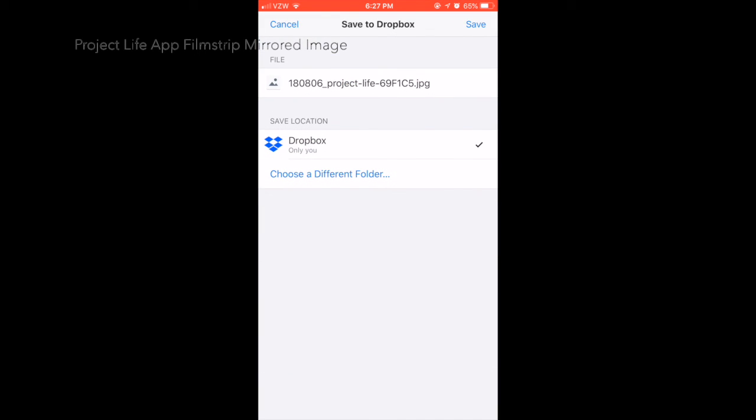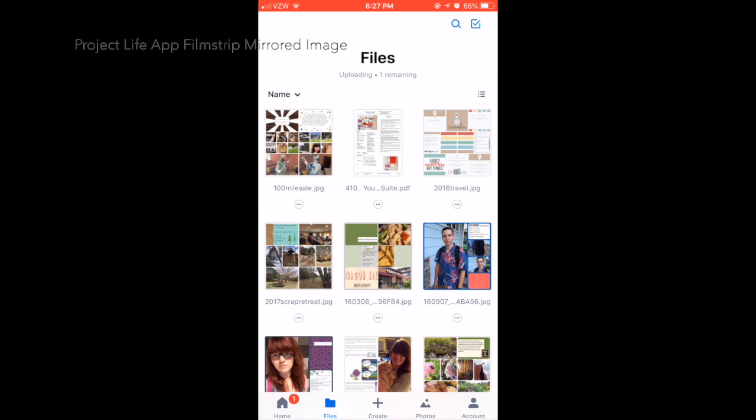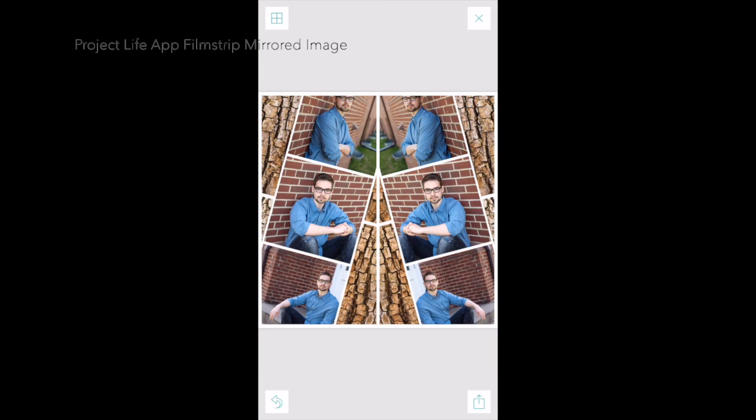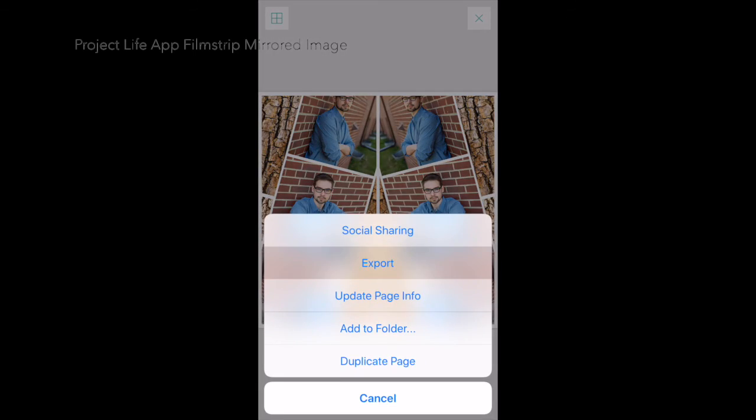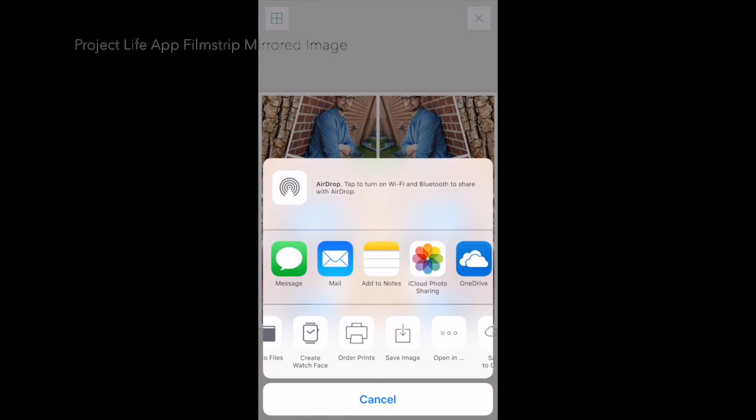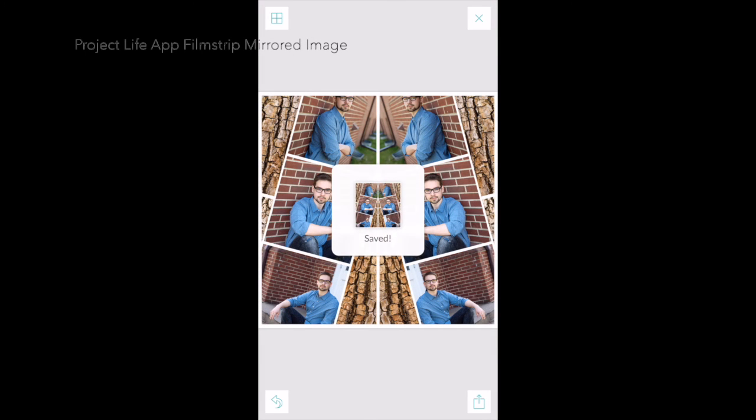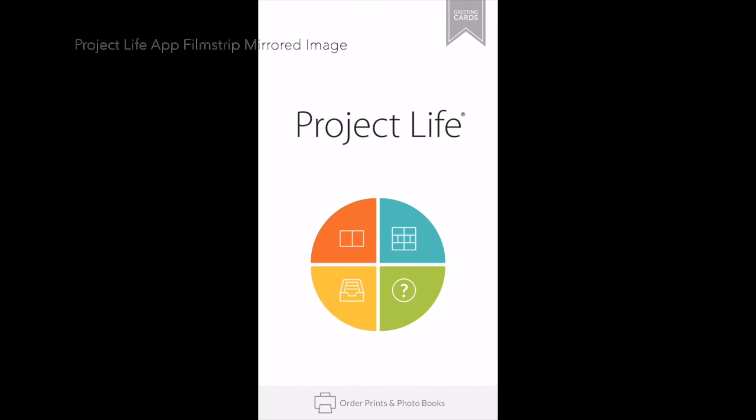And I don't rename my projects. I just pick whatever the default that they give me. In the beginning, I was renaming everything. It just took too much time, especially on nights when I'm making like 10 pages. Okay, go back in. Project Life. Hit the up arrow, export 12 by 12 image, and this is my backup plan. I save image to my camera roll. So there you go. That is how you get your mirrored